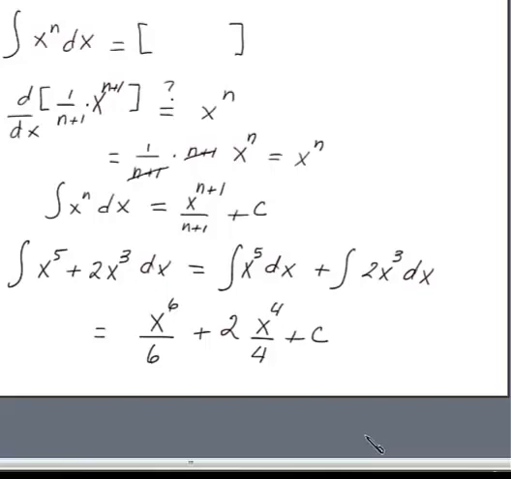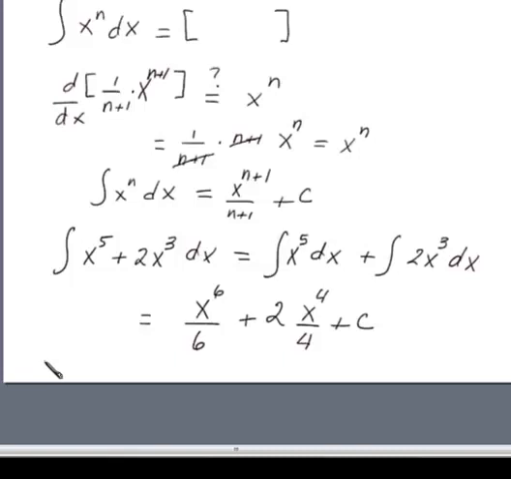Now, is that really true? Is that all there is to it? Well, yeah. And how can we prove that? Let's take the derivative. Running a little short on space here. x to the 6 over 6 plus 2x to the 4 over 4, could have reduced that fraction, plus a constant. Take that derivative with respect to x, and what are we going to get? We're going to get 1/6 times 6x to the 5